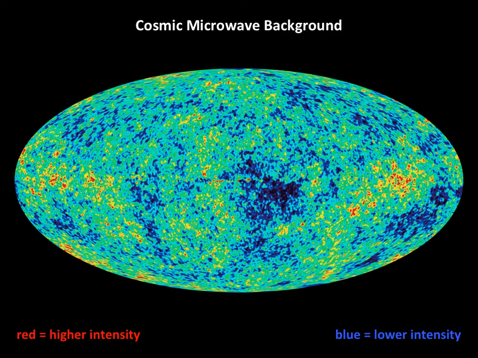It's almost the same in every direction, except there's a little bit of stippling. It's a little bit hotter here and a little bit colder there, and a little bit hotter here and a little bit colder there. So the red and the blue indicate tiny differences. On the whole, it's the same temperature everywhere. The universe appears to be relatively uniform. But there do appear to be tiny variations, little blobs that were just a little bit hotter and other areas that are a little bit colder.